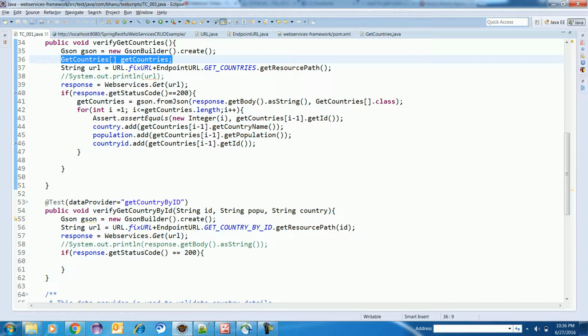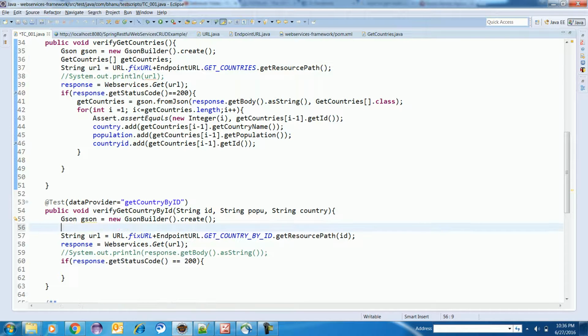But one thing we need to understand here: I'm not going to make the reference as an array, because I am trying to do a get based on ID. One time we will get only one country's information, we will not get multiple countries' information.